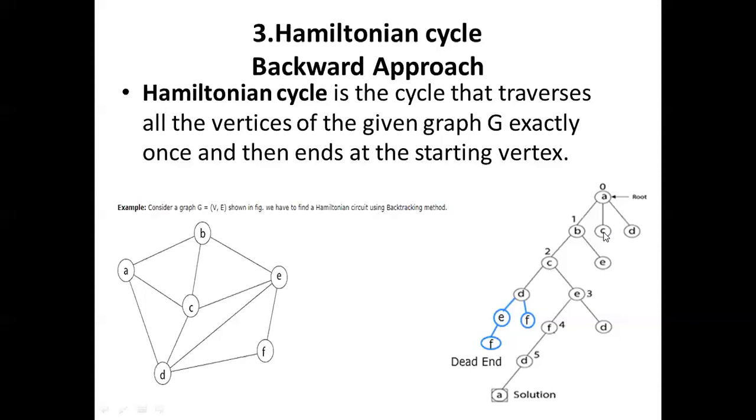From C, if I am going, I can do it. I will show here only. A to C I can go. From C to B I can go. B to E I can go. E to F I can go. F to D I can go. D to A I can go. There are so many paths. Only one path is shown here. This is called a Hamiltonian cycle. Right? Based upon the graph, maybe one Hamiltonian cycle, maybe multiple Hamiltonian cycles. I hope it's clear. Next, we will go to some other problems.